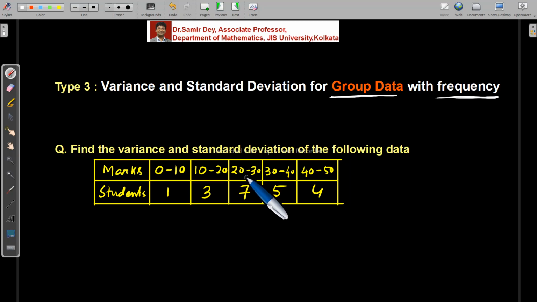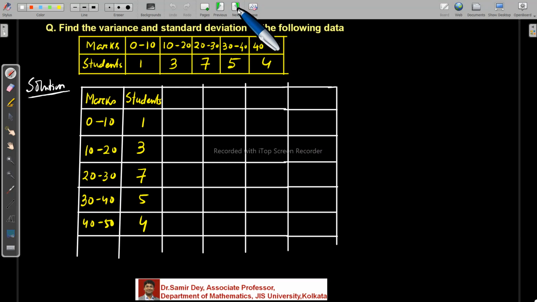So here the given problem is continuous type: 0 to 10, 10 to 20, 20 to 30, 30 to 40, 40 to 50. There is no discontinuity. This is a standard problem I have considered here. Now try to understand this. First you write down whatever information you have. Then you need to write